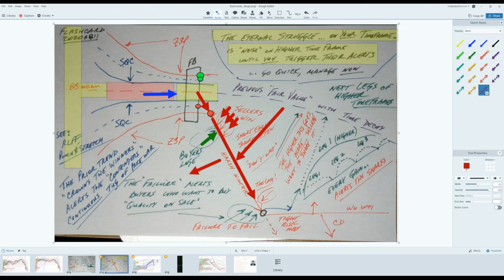And what really just happened there was the failure alerts buyers who now want to buy this quality on sale. So there's all these other buyers that are just kind of waiting down here, like sharks ready to pounce. And on that first leg down, the sellers won, and they drove it to a level at which the buyers say, oh, I can now buy quality on sale. That's awesome. And so now down at this critical state,